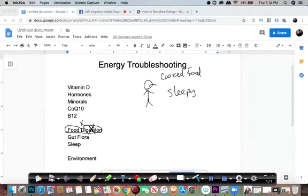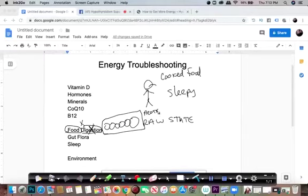And the important part to understand here when it comes to food is that you have food in its raw state. Now, I'm going to see if I can do this here, but let's suppose that this is a chain of either amino acids, so like protein, right? Or if it were a carbohydrate, same thing. Or if it were fat, same thing. It's just a chain of components that make up the bigger piece. Well, food in its raw state basically has all of the enzymes that the body needs in order to digest